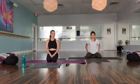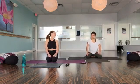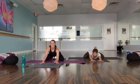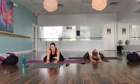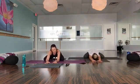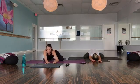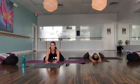And for those of you who already have your props, you can find child's pose. So just taking knees to the outside edge of the mat, big toes to touch. Good, sitting back onto the heels, easing in. Fingertips can be long and overhead, or they can be goalpost arms, or you can do what I'm doing and just kind of rocking side to side a little bit. Loosening up the low lumbar and the inner thighs, but just finding your way down onto the mat. You could even be laying on your back with knees up towards your armpit. So find what works for you,